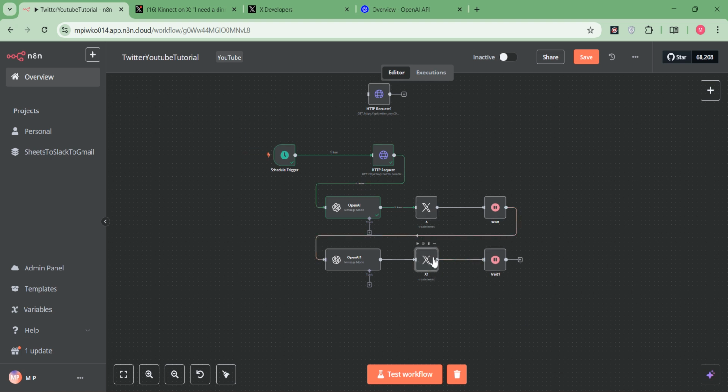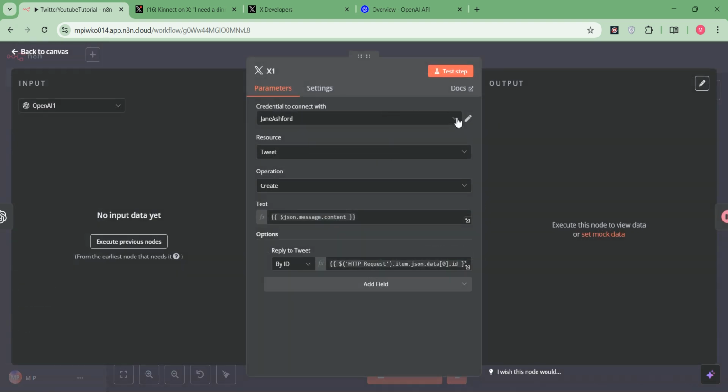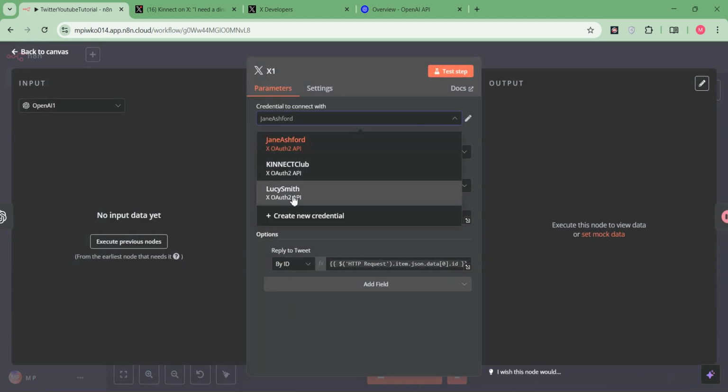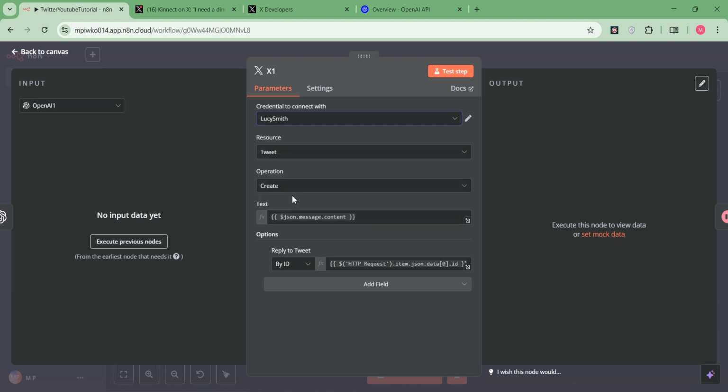So you will go in and create that credential. Again, I have my credentials created already here. Lucy Smith is going to be the bot that's replying. We're going to do tweet. We're going to do create. Everything's going to be the same